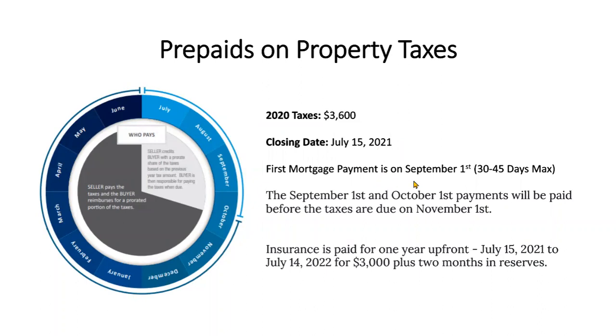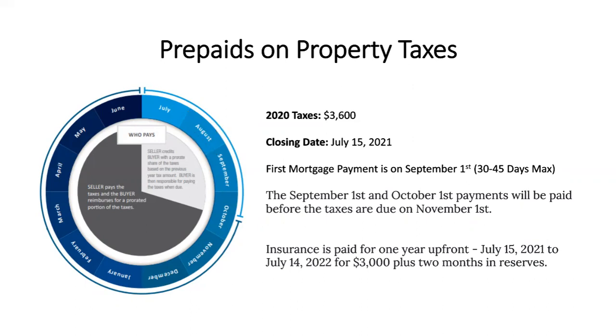The first mortgage payment is going to be on September the 1st, because typically the bank is going to provide the buyer anywhere between 30 and 45 days from the closing date of no mortgage payments. So with that said, the buyer's first mortgage payment is again going to be on September 1. Since there are no mortgage payments from July 15 to July 31, and for the entire month of August,